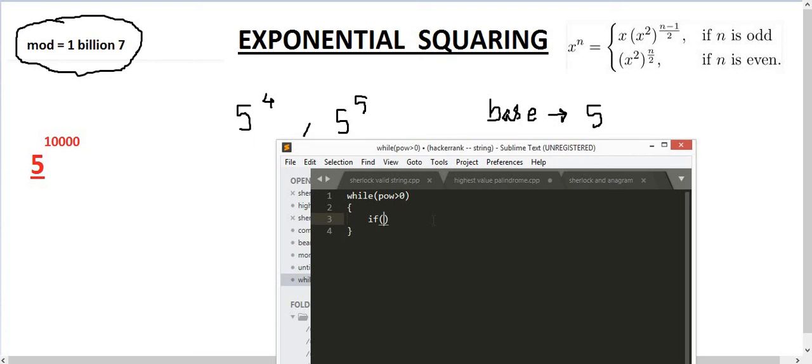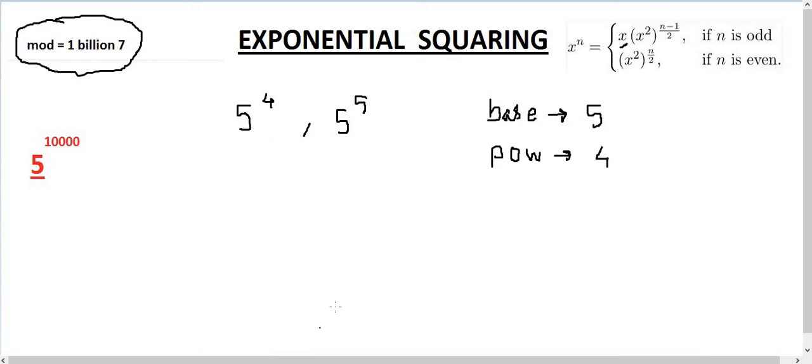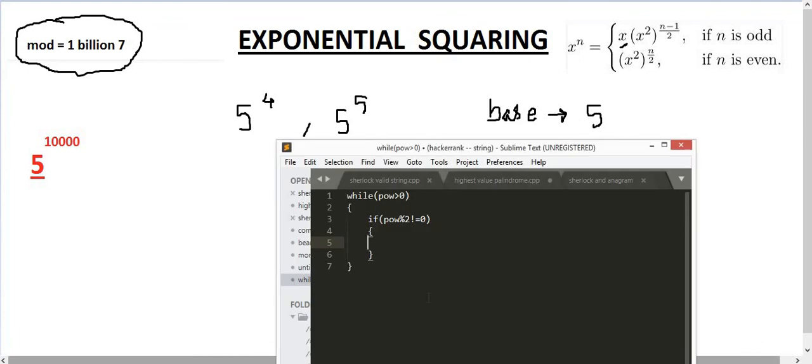I'll explain on the way. So if power mod 2 is not equal to 0, that means it is 1, or odd for that matter. So what we are making sure is that we are getting this particular one x from this. If that is the case, let's say long integer k, because it would be a big number, and initialize it to 1.